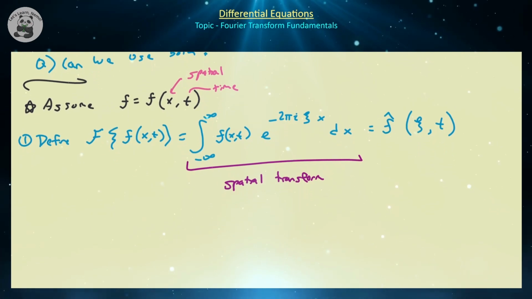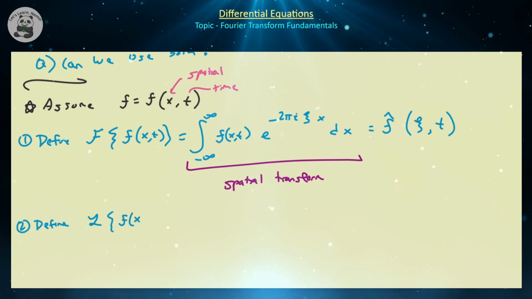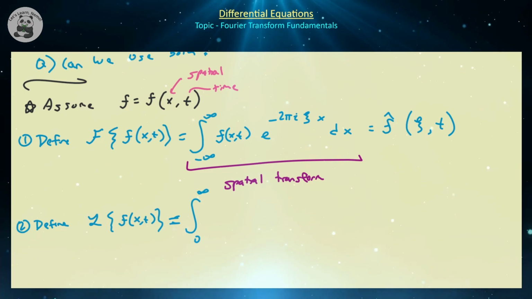This seems a natural choice because for the Laplace transform, instead of focusing on the spatial domain, we're going to focus on the time domain. Usually with initial conditions we start at t equal to 0, and since the Laplace transform naturally starts at t equal to 0, it's only natural to choose Laplace to transform the time domain, leaving Fourier to deal with the spatial domain. So the Laplace transform of f(x,t) would be equal to the integral from 0 to infinity of f(x,t) times e to the minus omega t